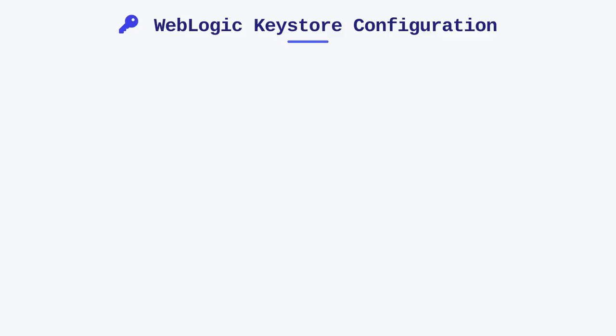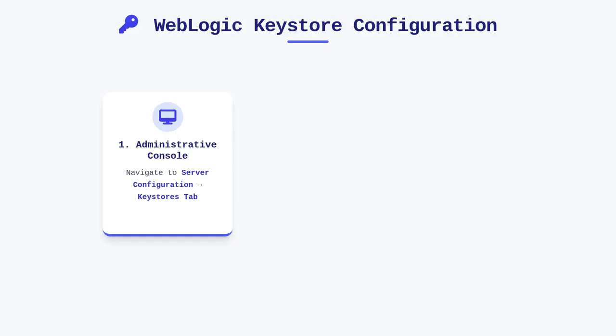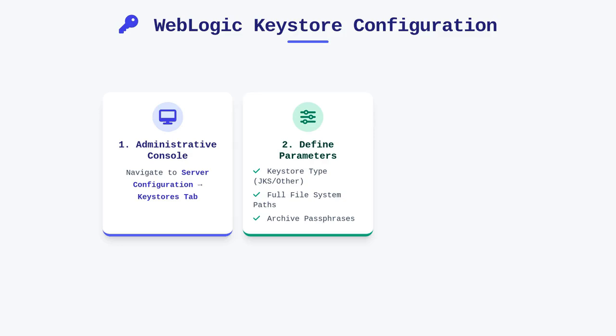After your key store files are prepared on the file system, you must instruct WebLogic to utilize them instead of the default demo configuration. This is accomplished through the WebLogic Administrative Console within the Key Stores tab of the server's configuration settings. You are required to specify whether you are using the default Java key store type or an alternative provider, the full file system path to your custom identity and trust files, and the necessary passphrases to unlock these